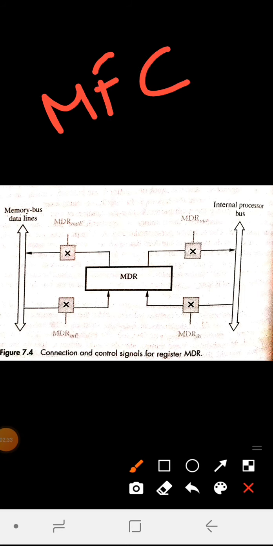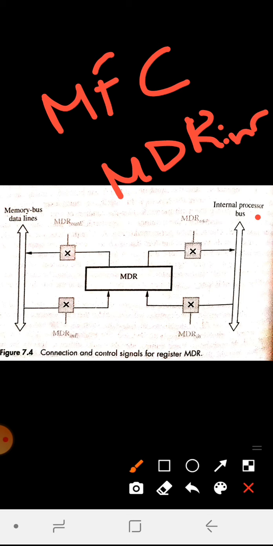When the processor initiates a read operation, it will wait until it receives an indication that the requested read operation has been completed. For this, it needs one more control signal, which we call MFC, nothing but memory function completed. So MDR uses 4 control lines, MDR in and MDR out to control the connection with the internal bus, and similarly 2 control signals, MDR in E and MDR out E. The E says that it is the control signal used to control the connection with the external bus.